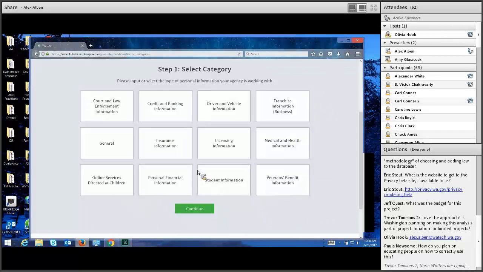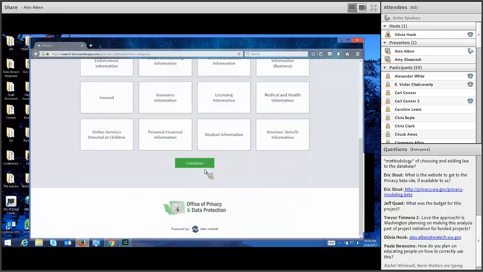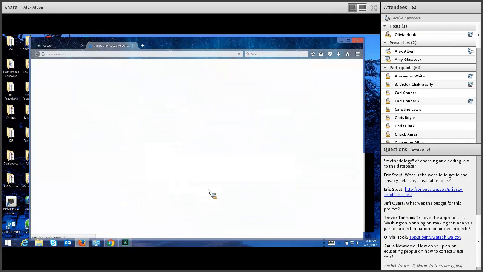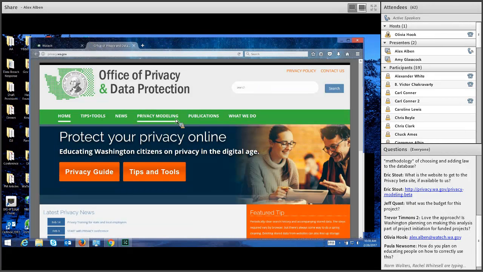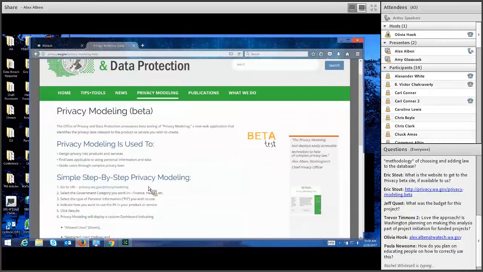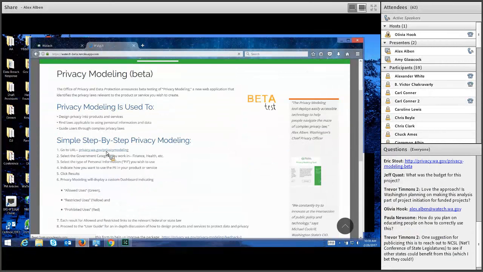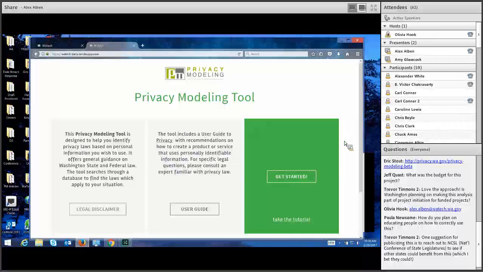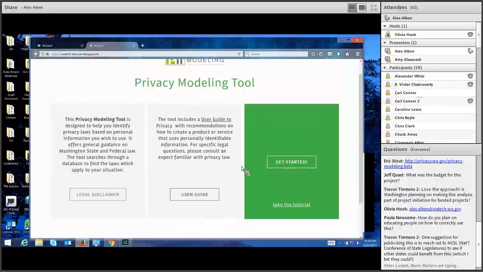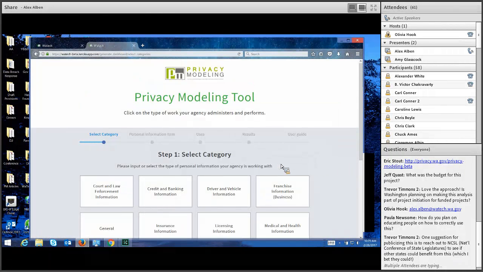We may also publish more of a user guide, but I have to say that the impulse behind this product is that I've worked with developers for 20 years, and developers like to use tools that give them information quickly. And so, we oriented this tool to be a get started tool.